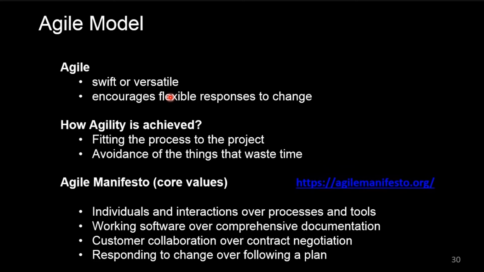Otherwise, if you develop your software or your project without any model, it may become uncontrollable at some point, the process of development is going to be chaotic, and at the end the software may fail. So we use a software development process model to manage all these things. And in modern software engineering, Agile is very popular.